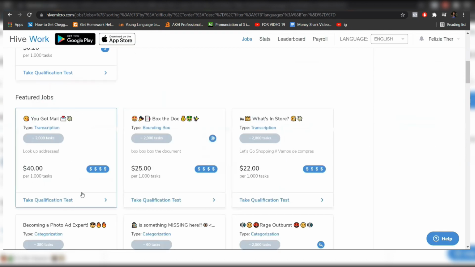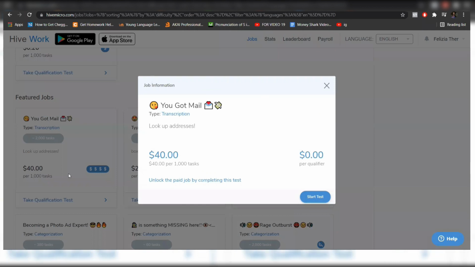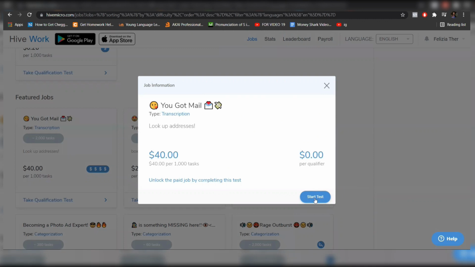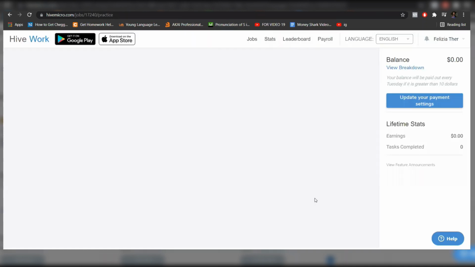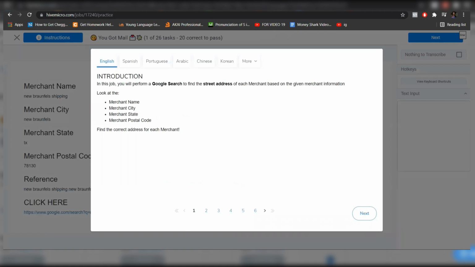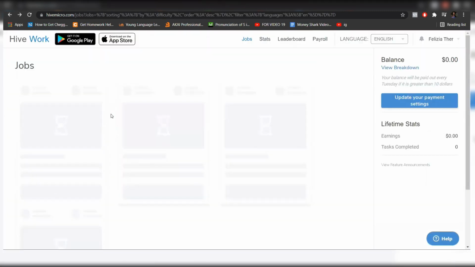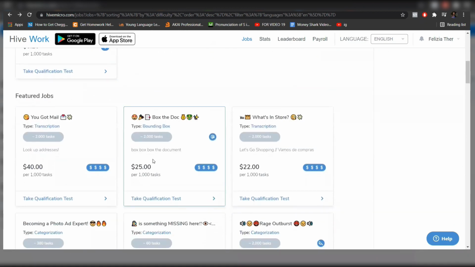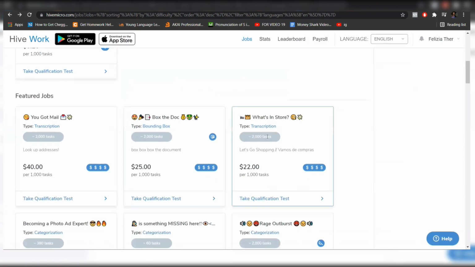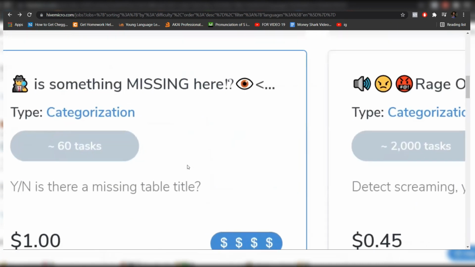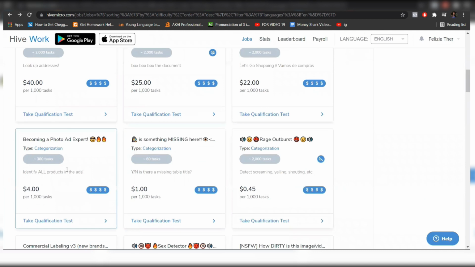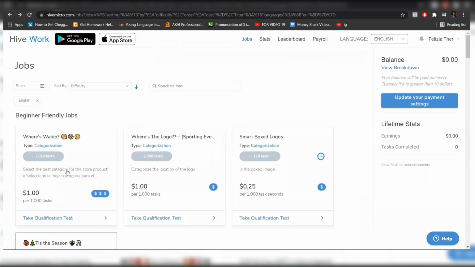So, as an example, how about let's try this one that pays out $40 to transcribe. And if you click on it, this should pop up, and then click on start test, and then you are to take the qualifier test, and then once you pass that, boom, that's $40 in less than an hour, which is absolutely insane. You can do this more than once. You can do this 20 times a day if you have that much time and if you want to go that crazy. But if you only have a little time, then there's also tasks for that, which is just absolutely mind-blowing. So make sure that you try this method out.